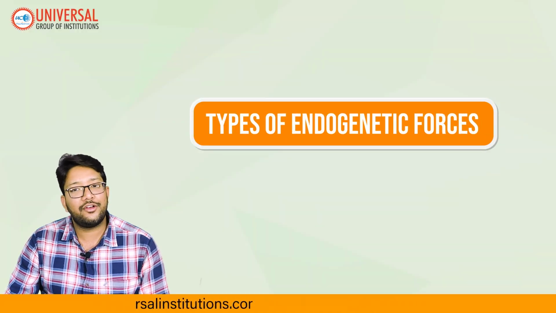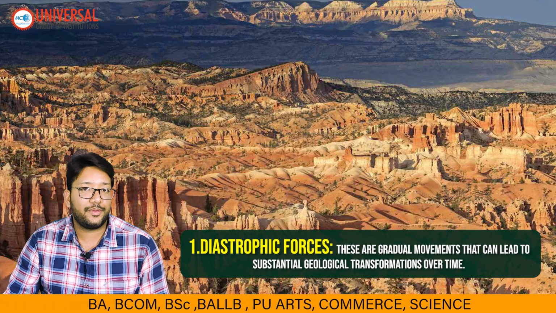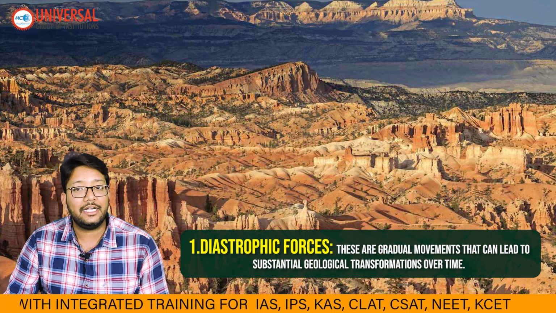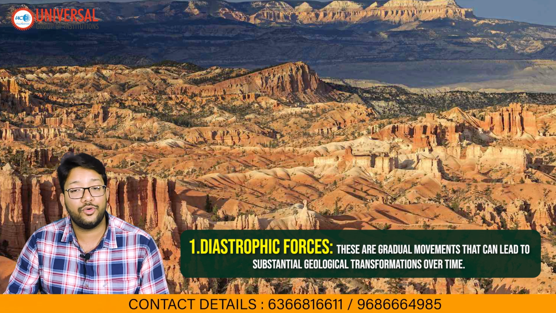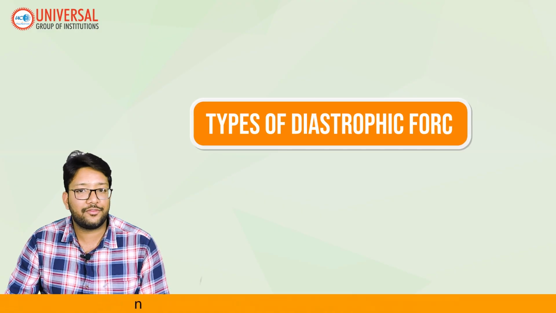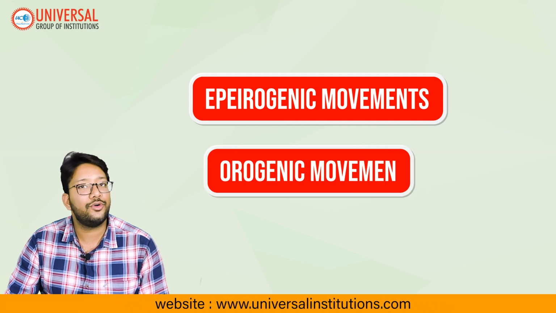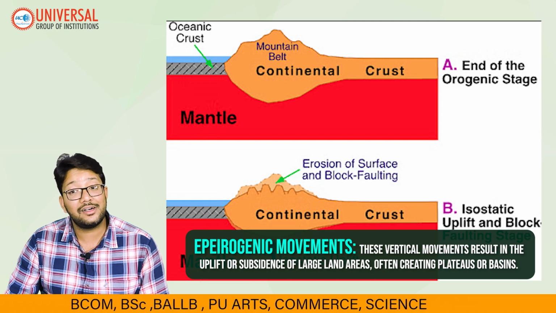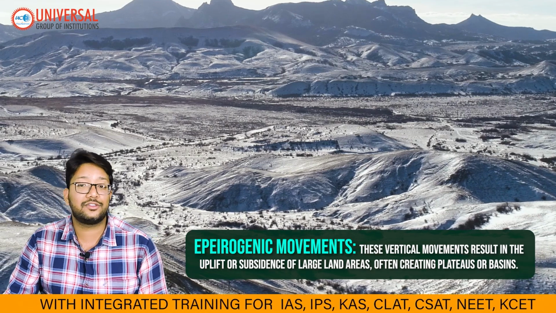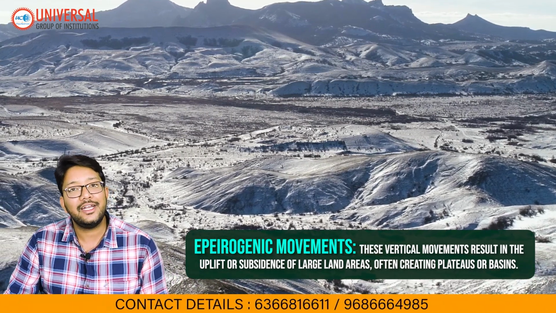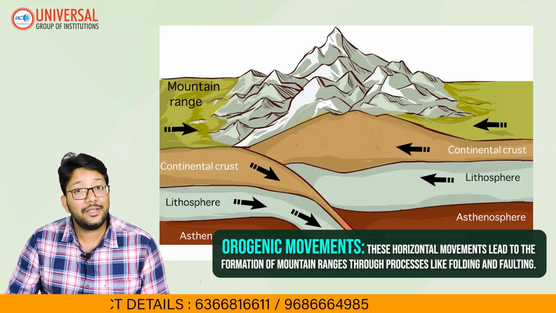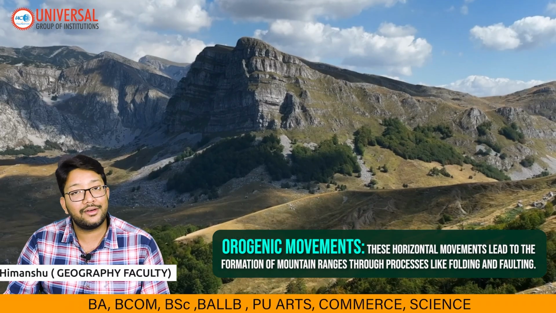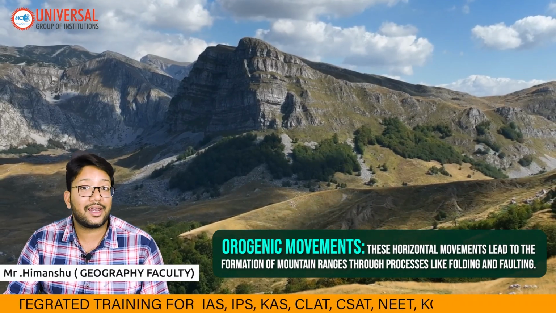There are different types of endogenetic forces, first being diastrophic forces. Diastrophic forces are the gradual movements that can lead to substantial geological transformations over time. There are two types of diastrophic forces, first is epeirogenic and second is orogenic. Epeirogenic movements are vertical movements that result in the uplift or subsidence of large land areas, often creating plateaus or basins. Orogenic movements are horizontal movements that lead to the formation of mountain ranges through specific processes like folding and